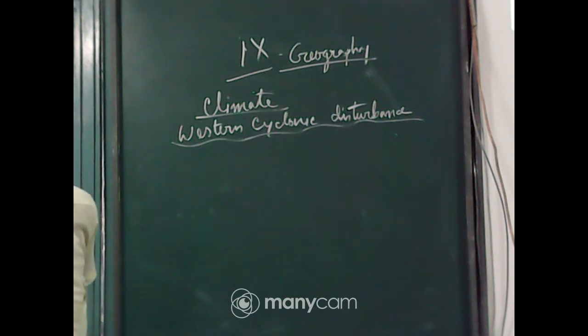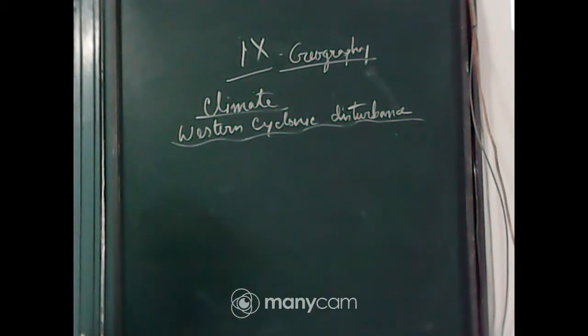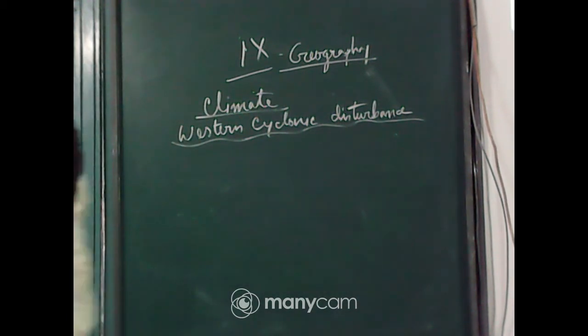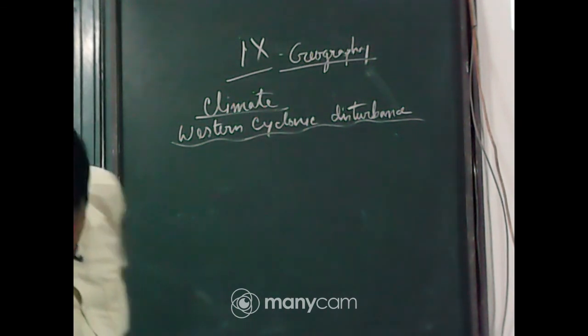Have you read or heard about the disaster caused in Orissa and Andhra Pradesh? Not only Orissa, Andhra Pradesh, the West Bengal coastal region is also affected. The last cyclone, Amphan, you know that. This is a tropical cyclone, but western cyclonic disturbance, what is this? The western cyclonic disturbances are weather phenomena of the winter month brought by westerly flow from Mediterranean region.